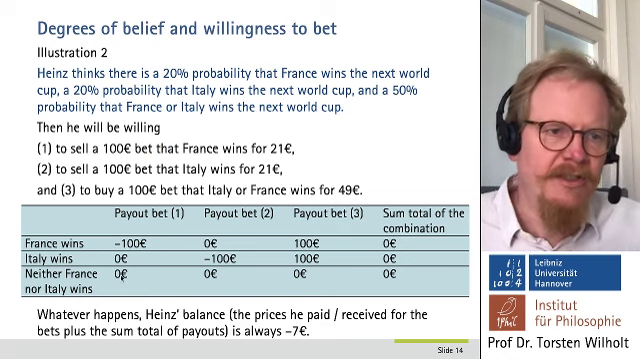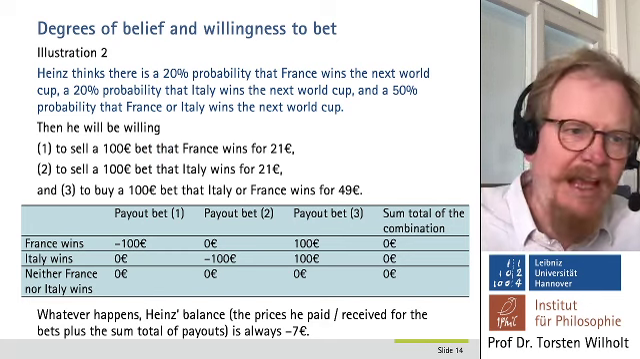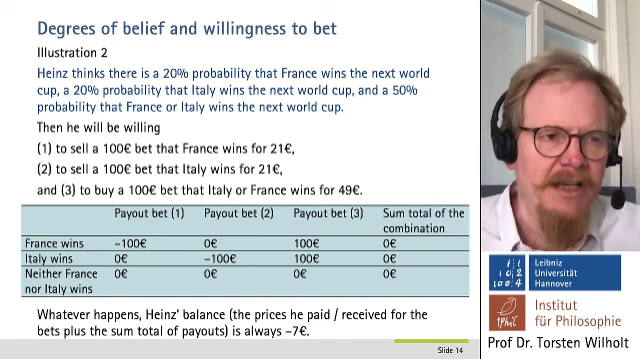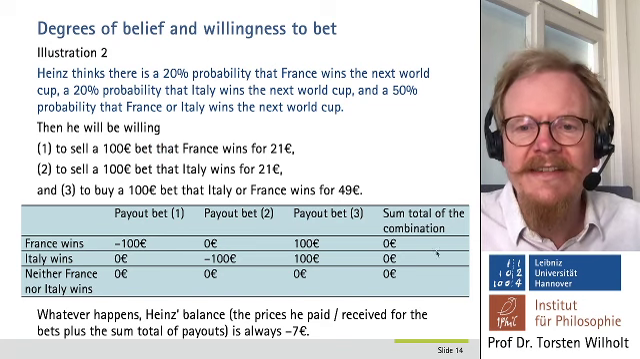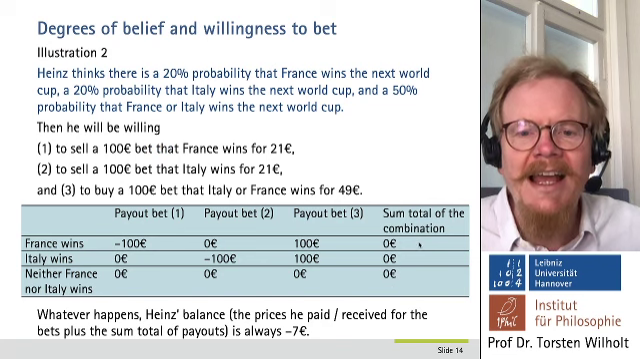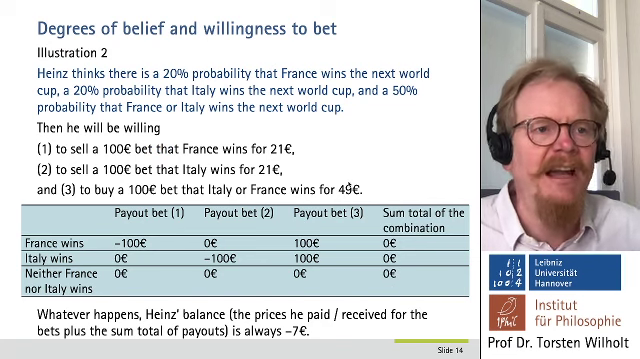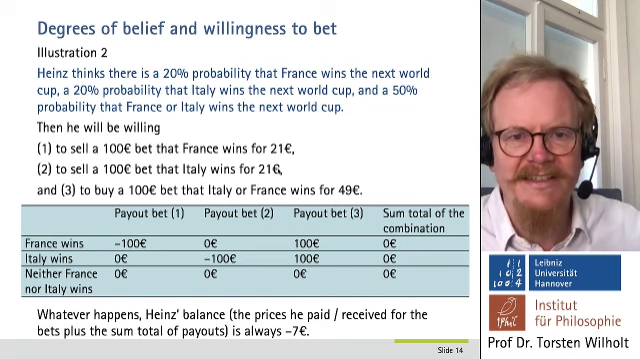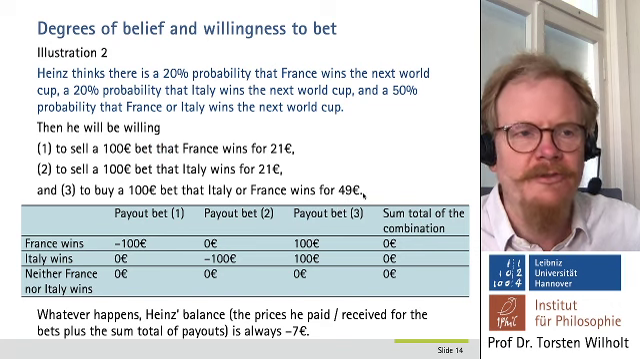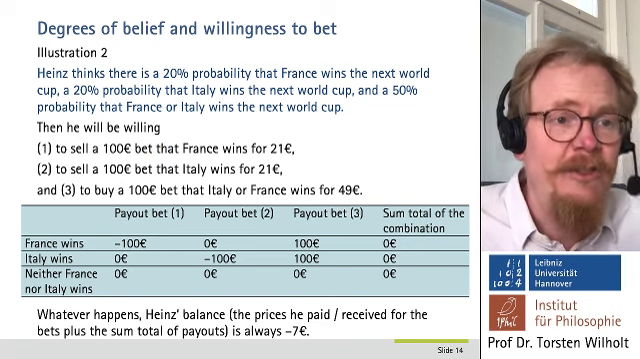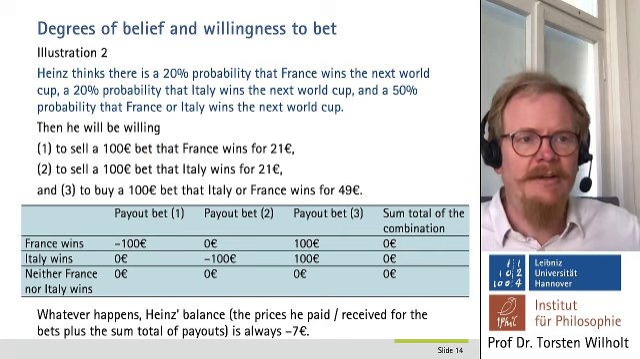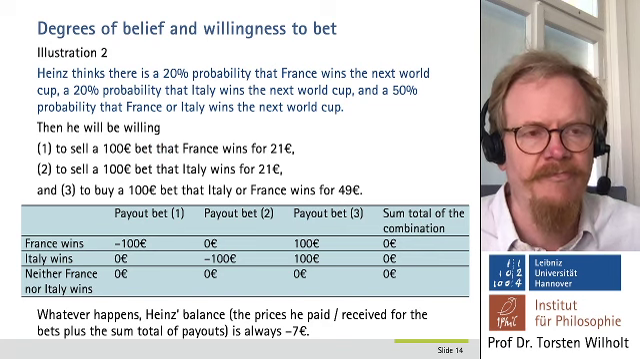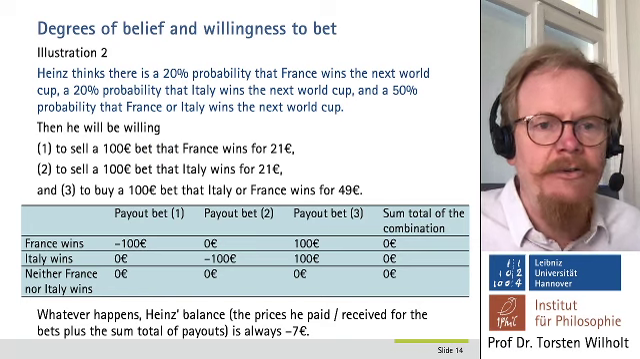And if neither France nor Italy wins, he won't get any payouts, but he also won't have to pay out any payouts for any of the bets that he sold. So he will always come out even from the bets, but he has paid altogether minus 7 euros. So he got 42 euros for the bets he sold, but he bought a bet for 49 euros. So he has already lost 7 euros for a combination of bets that is guaranteed to give him 0 in return. So now, as I said,